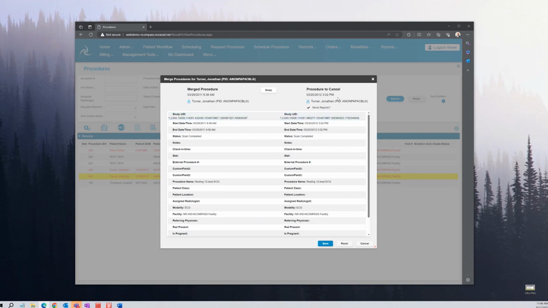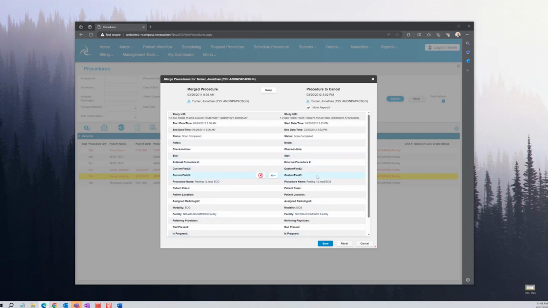And if they get swapped, there's this button right here, so you can move them back and forth. So the keeper's on the left. What I'm going to do is go down and just scan this information between the 2 of them and make sure that we're not missing information on the keeper, information that maybe is over here on the duplicate. And right now it looks okay to me.